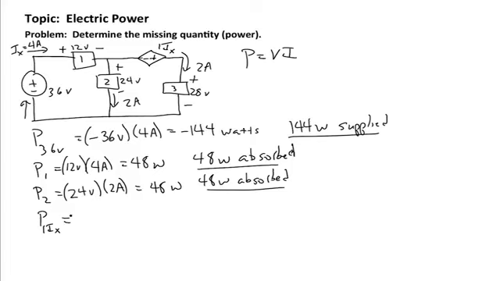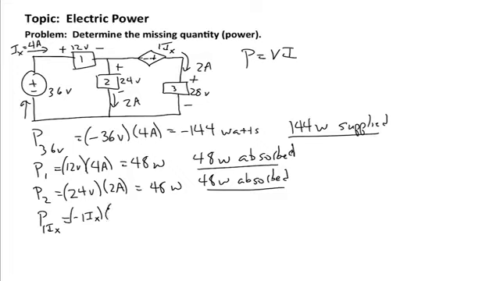The voltage across it is 1 I sub x minus to plus, so it's going to be a minus 1 I sub x for the voltage. And the current is 2 amps, and again that 2 amp current is encountering the negative polarity of the dependent source first, so it's